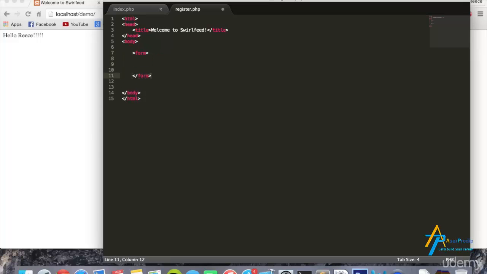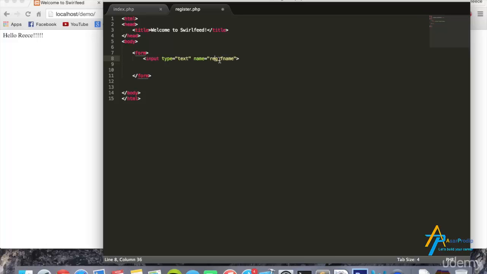Give it some space. Okay, so now we're going to put in our input fields where the user will type their information. Input. And inside here, between the greater than sign, we're going to say type equals, double quotes, text, name equals, and this name is how our PHP code that we're soon to write will reference the text in this input field. We're going to call this